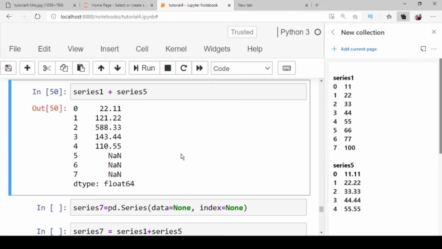In other words, when you perform arithmetic operations on two series objects, the data is aligned on the basis of matching indexes and then the arithmetic operations are performed. For non-overlapping indexes, that is 5, 6, 7, the arithmetic operations result in NaN, which is called not a number.